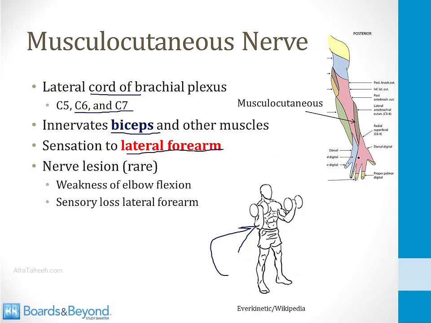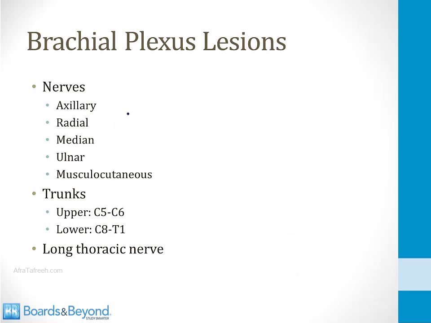If you look at this picture at the top right side of the screen, this area shown in brown is innervated by the musculocutaneous nerve. So if a lesion of this nerve occurs, which is relatively rare, you will see weakness of elbow flexion and sensory loss to the lateral forearm. Going back to this slide, we've now talked about nerve lesions of the axillary, radial, and musculocutaneous nerves, and I'll talk about the median and ulnar nerves in the video on the hand because they're the major nerve supply to the hand. So now I'm going to talk about lesions to the trunks of the brachial plexus,